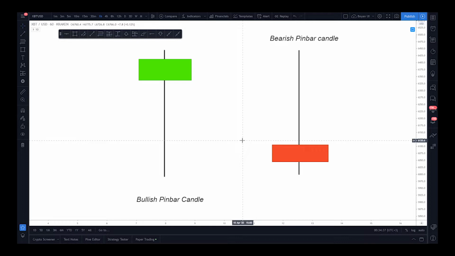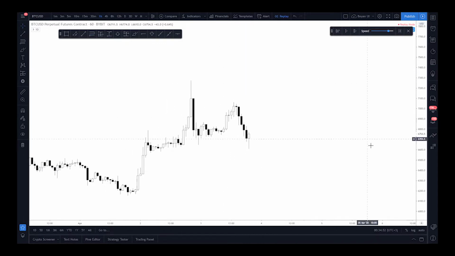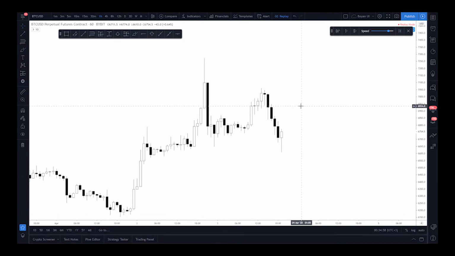So how do we define an entry and an exit on a trading setup based on this candle strategy? Let's go to the BTC chart. I picked an example which happened yesterday, and it was a very clear example of how this strategy works. We did this live as a trade in our premium group. Because it was a very interesting example, I decided to show it to you on how to frame your trading setups in a very easy and effective way.